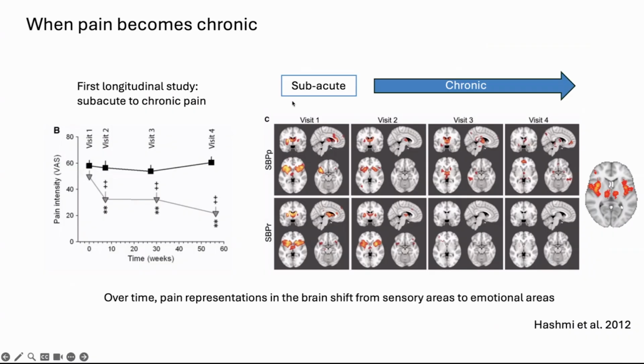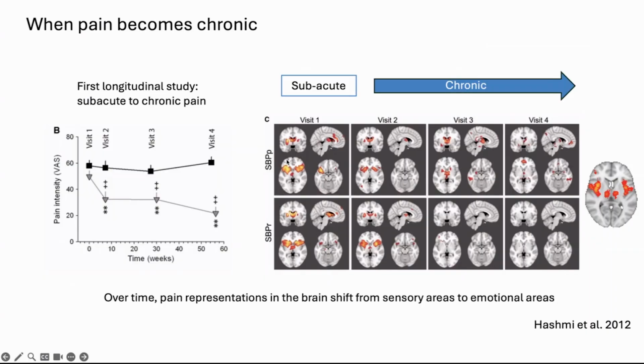So since these patients were actually scanned multiple times throughout the transition to chronic pain, we can see how the brain changes as pain either resolves or persists. What's interesting in this study is that for the patients whose pain recovered, which is here in the bottom row, their brain activity initially looks very similar to the brain areas that we already established are active whenever you, for instance, induce pain in a subject. And then as pain recovers over time, the signal becomes harder and harder to detect in the brain. So in other words, the pain-related activity disappears over time in the patients that recover.